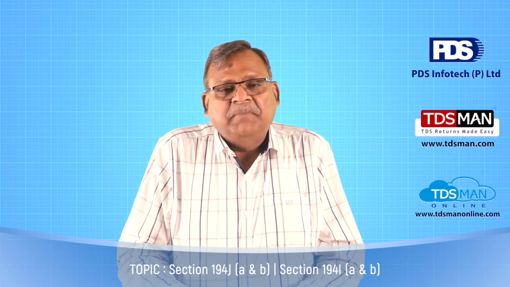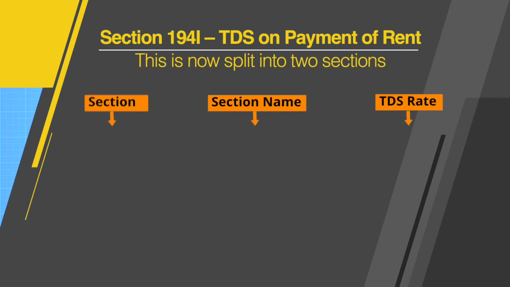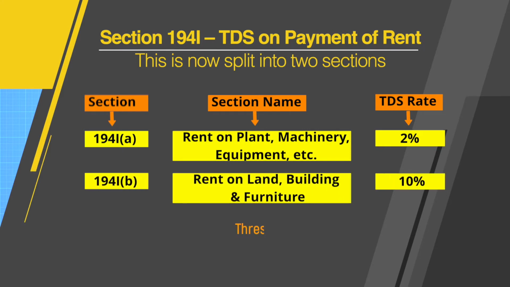194I is basically payment for rent. Now it has been split into 194IA and 194IB. 194IA, the tax is 2%, and this is basically for rental payment of plant, machinery, equipment, and others similar to this. Whereas 194IB, the TDS is 10%, and this is basically for land, building, maybe furniture, fittings, and something similar to